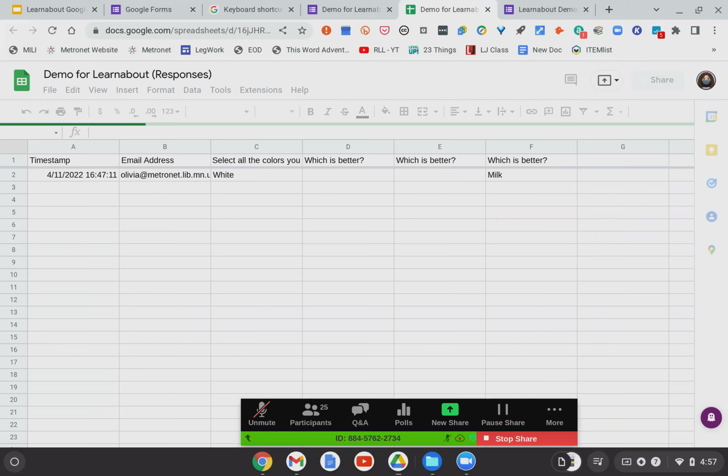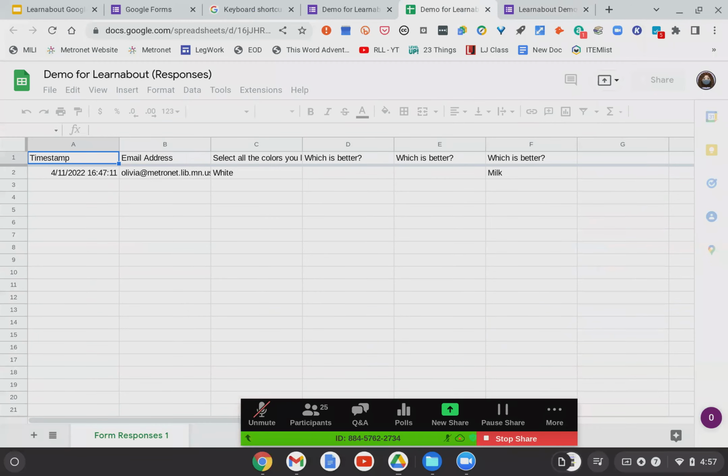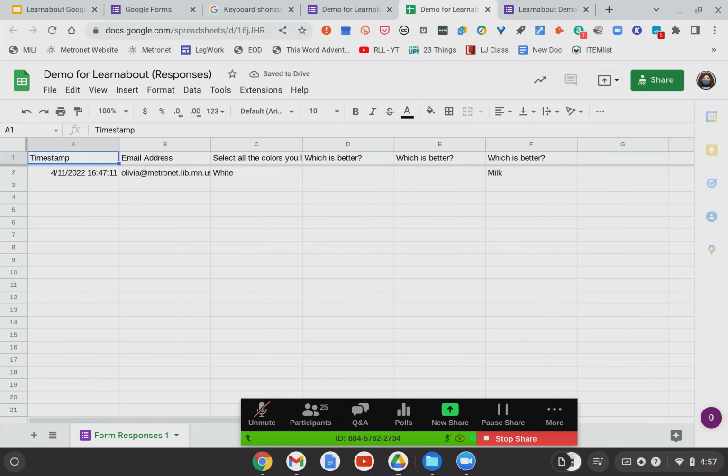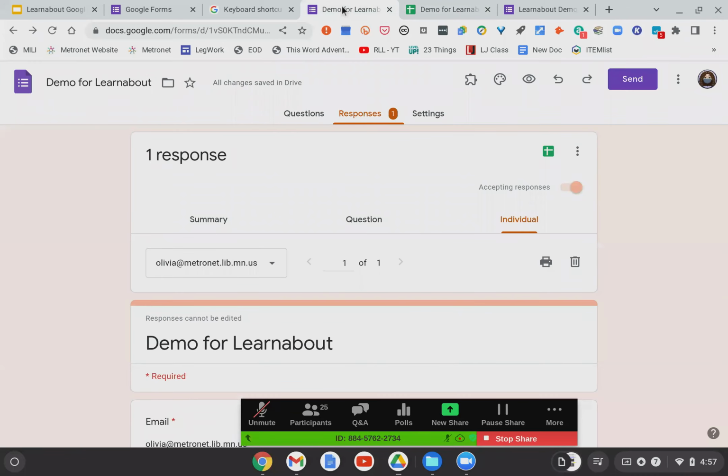It gives you a column for each of the questions on your form, gives you a timestamp of when it was answered, there's the email address, and then the answer for each of the questions. Since I only did white, I don't have the other answers in there. So then it would obviously populate this, and these spreadsheets are also live. So if somebody were in there doing this right now, as soon as they finished, their answer would appear. So if you have the spreadsheet open, you can actually watch as the answers appear on there. I don't know why anyone would want to do that. That sounds tedious, but if you did want to do it, you certainly could.